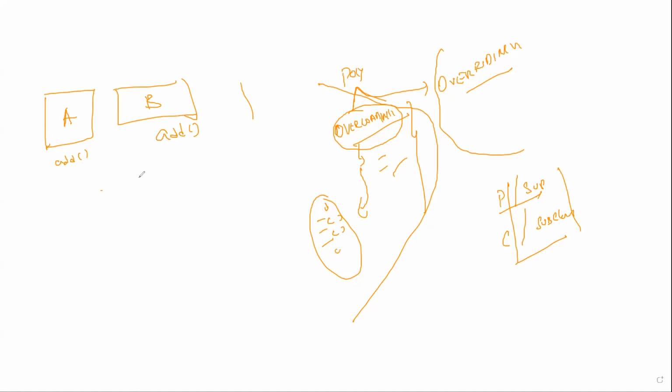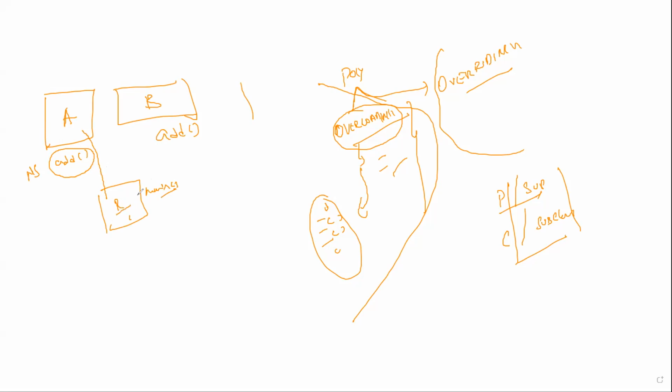Now I have a runner class. The runner class is nothing but a main method, and I'll try to run from here. If I wanted to access the class A add method, which is a non-static method, from the runner class,